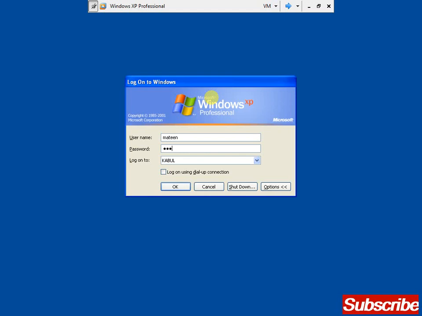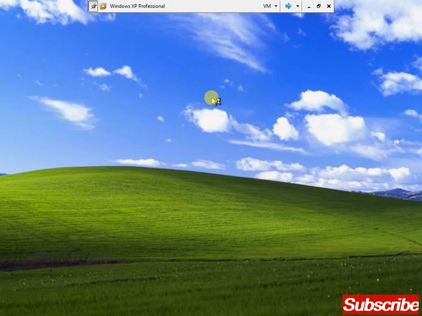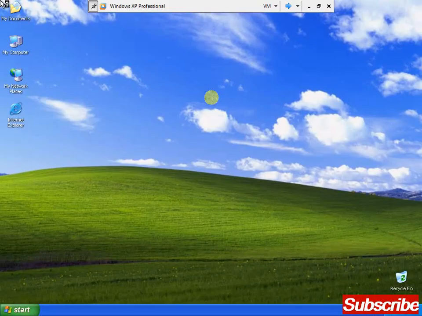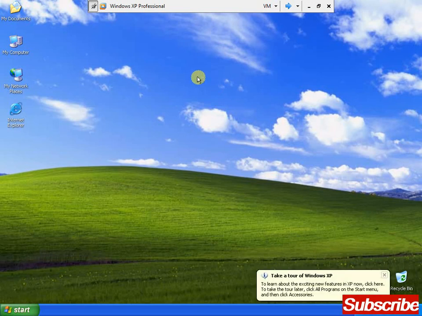Mateen has been logged in on this machine and now it doesn't ask about the password. But when he presses Alt plus Control plus Delete, there is also an option, Change password. If I press Alt Control Delete, you can see that there is an option with the name of